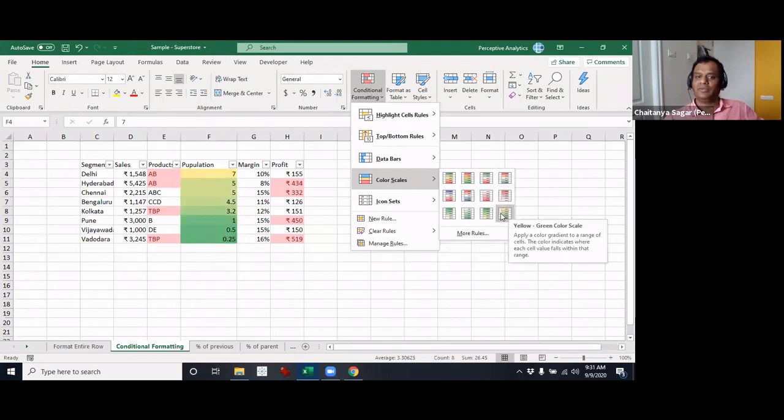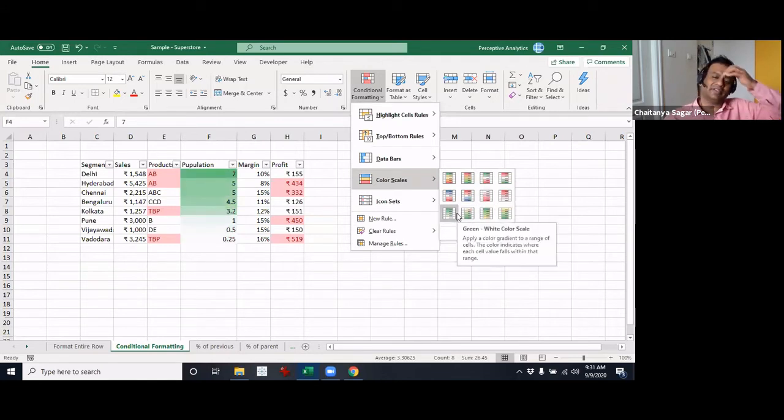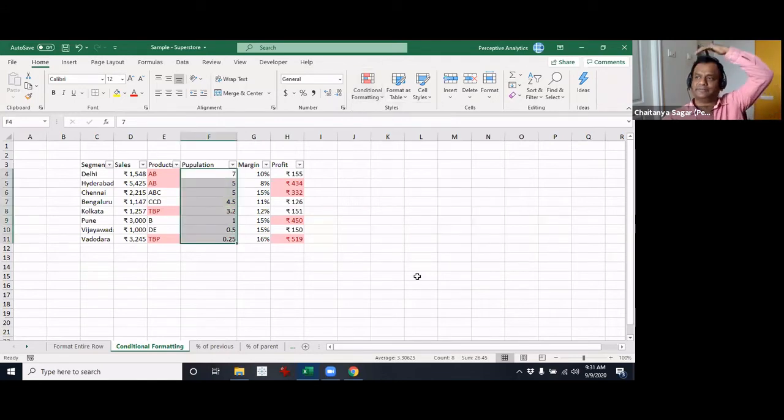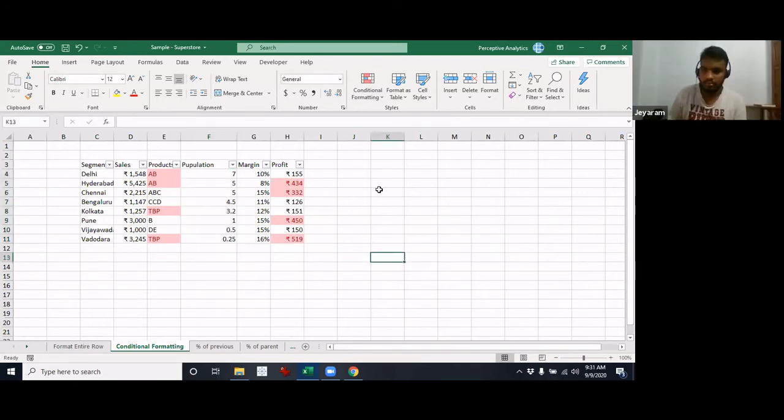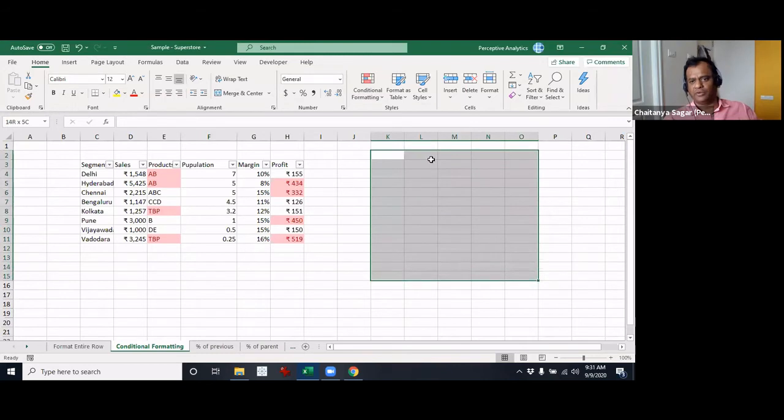I think in cases where you want to highlight some cells, just like we have, for example, what map is it? Basically you have a specific region and you want to highlight some. What do you call that? Heat map. Heat map, right?